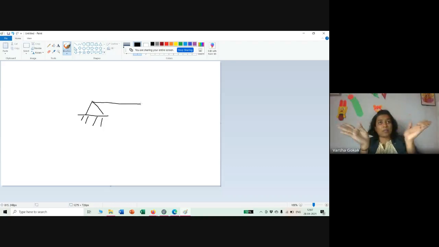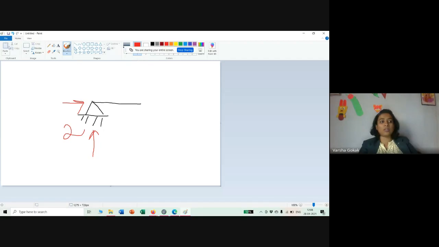That is why both the planks are opening and closing, right? So a hinge is something like your door. That is why we say hinges. Door is provided with hinges. So what happens in doors is that horizontal movement also is not allowed and vertical movement also is not allowed. These both are not allowed. So the reaction is 2. Both are not allowed, so the total number of unknown reactions is 2. In whichever direction there is a restriction, which is not allowed, that becomes your reaction. It is not allowed in that direction. That's why it is the reaction. That is why your hinge will have 2 reactions.